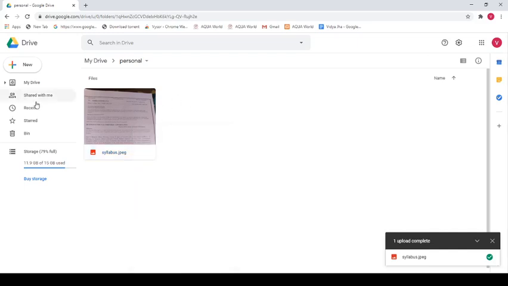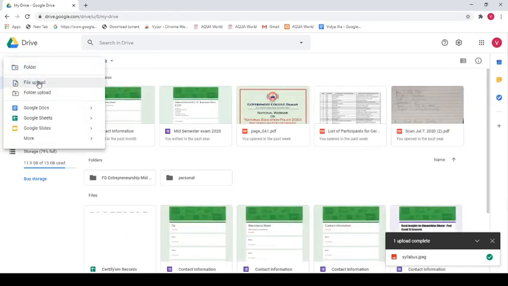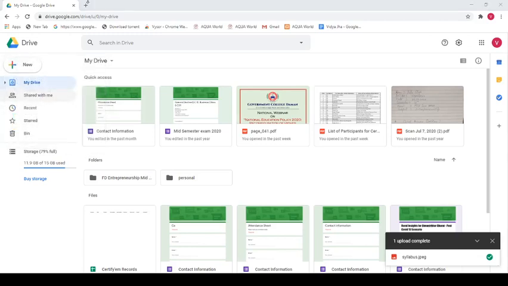Right? Now, the next thing which I wanted you to know is, we go to new, then we have seen file upload, we have seen folder upload. Just as I have created a folder named personal, what I can do is I simply can upload a folder. Same thing, I want to upload this entire folder. So I can upload the entire folder on the Google Drive. And if I upload this folder on the Google Drive, I can conduct my classes from wherever I am. Like if you are there, you can send your assignments from wherever you are.